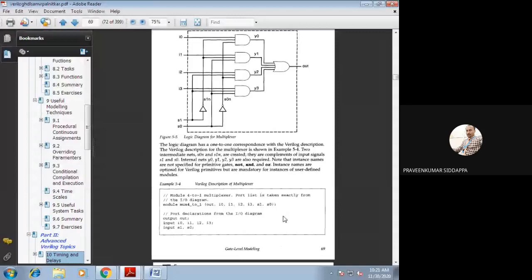After seeing that logical diagram, we will write the code. Please, whenever we are writing the code, don't write the comments. If you are writing comments, then copy paste. If it is mentioned in your question, then you should write it. Otherwise, no. Here in your book, he has written the comment. That is the explanation about that syntax.